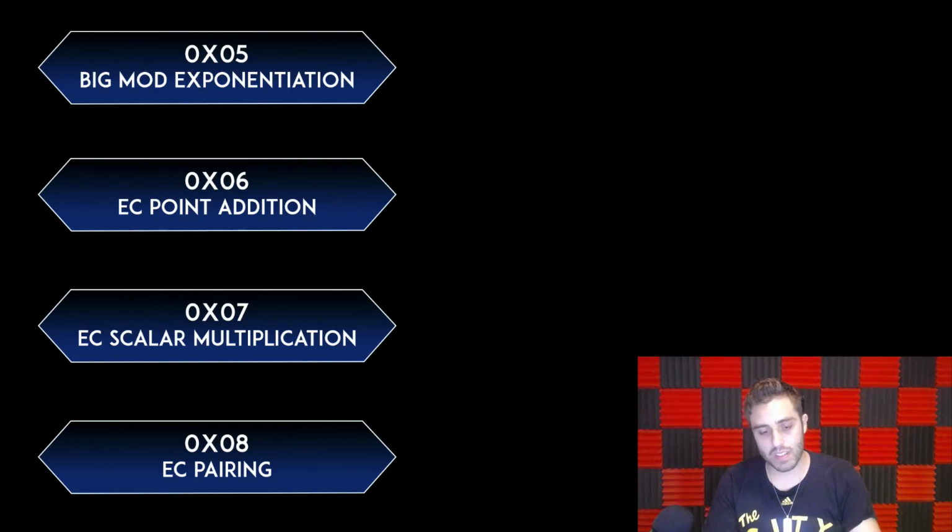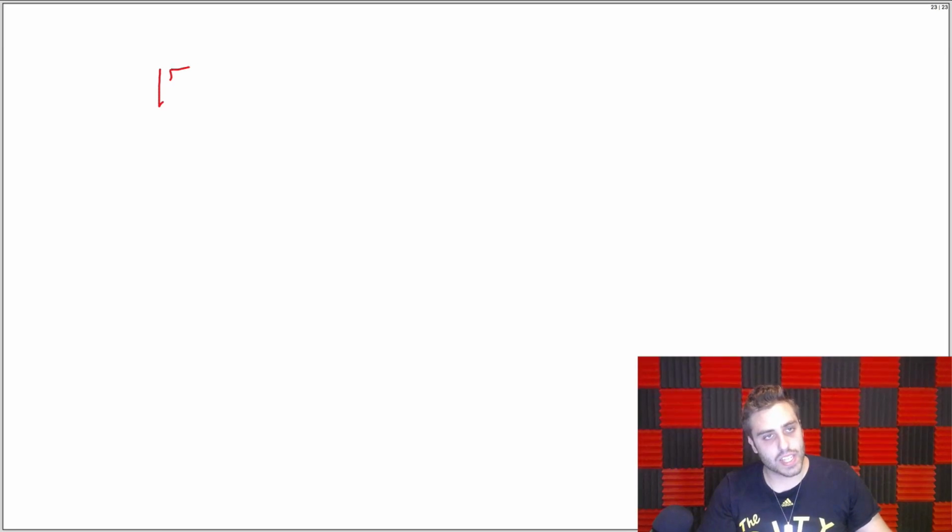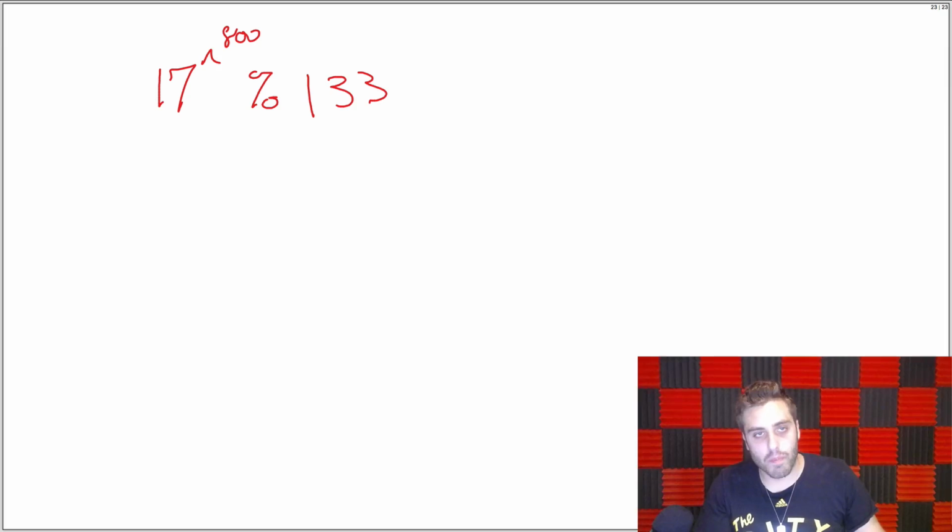Let's look at an example of this. Say, for example, that you wanted to calculate 17 raised to the 800th power mod 133. Well, this is a class of problem called modular exponentiation, when you raise some number to a large exponent and then take the mod of that number. And the resulting number from this equation is going to be really small. It's going to be at most 3 digits long. But if you think about the way that you would actually calculate this, you would first raise 17 to the 800th power, and this intermediary state is going to be really, really large. This is actually going to be like 985 digits long. And then you're going to take the mod of that really long number and arrive at the really small solution.